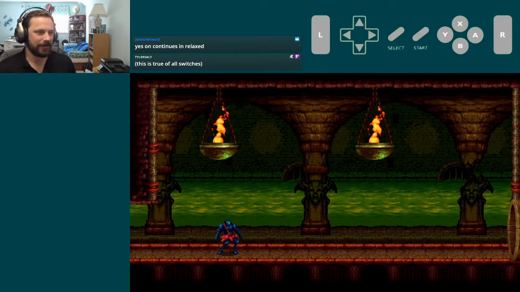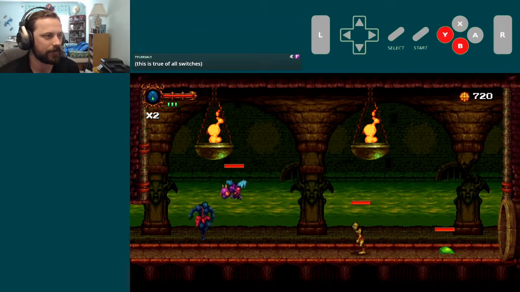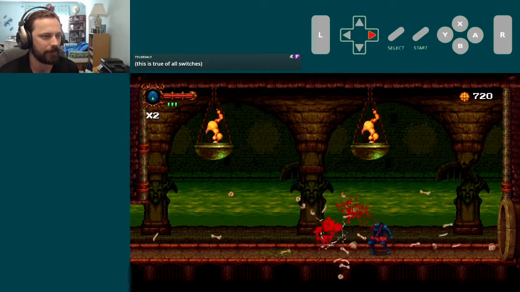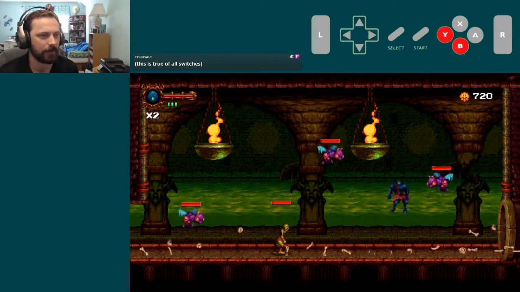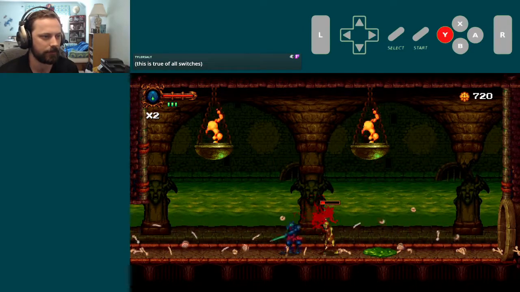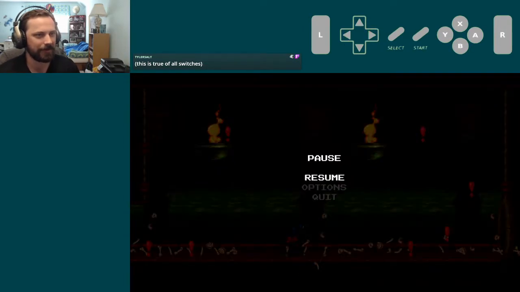Yes, all switches in the game are like that. So this first phase, I kill this guy, I kill this, hit that guy once, and then kill him. Stand here, 1, 2, 1, 2, 1, 2, hop over, 1, 2, 3, and then this one's annoying because, like,